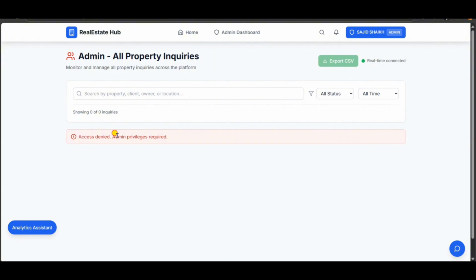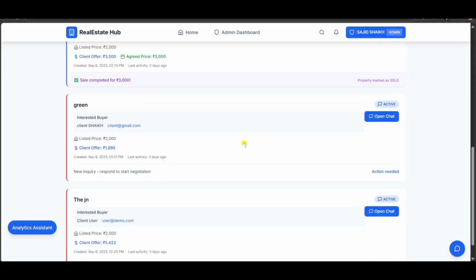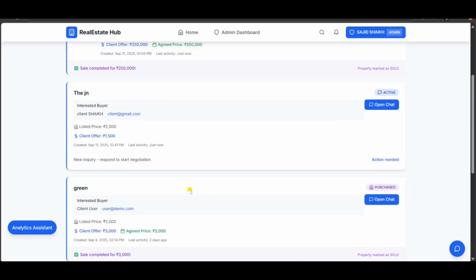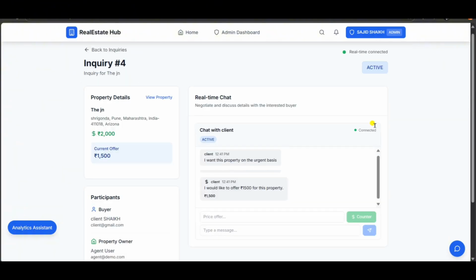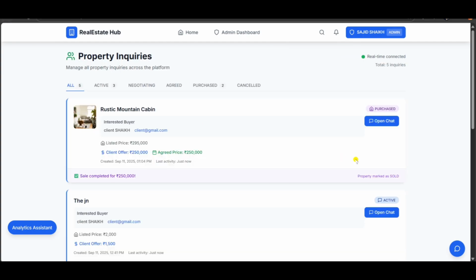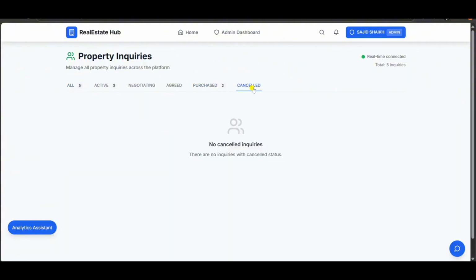Okay, guys, now we will see the admin property inquiries. And if someone has a property inquiry, you can see admin privilege is required, because the admin can't see the negotiation, agreement, all of these phases which are private between the owner and the client. So the admin has no right to see those changes. Okay, but after the inquiries are done, we can see in the admin that it is publicly available and purchased. You can see the last property which is done, and you can see all the chat and all. The admin can see. Okay, guys,